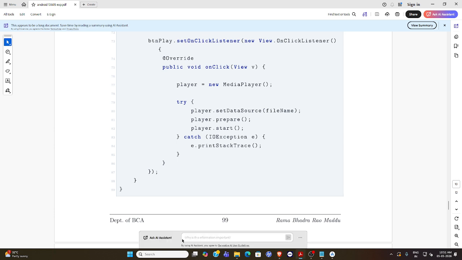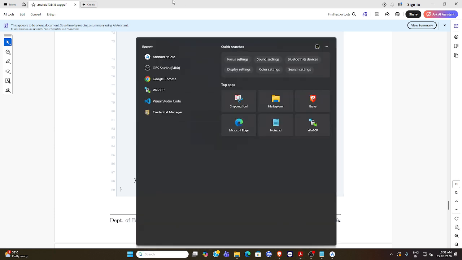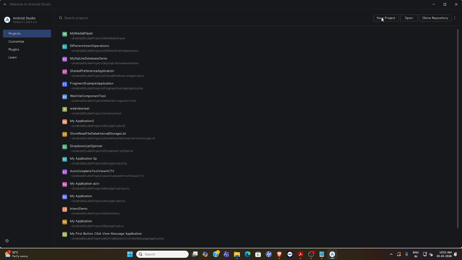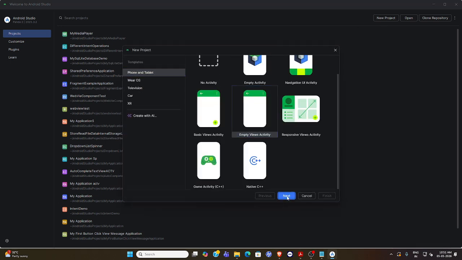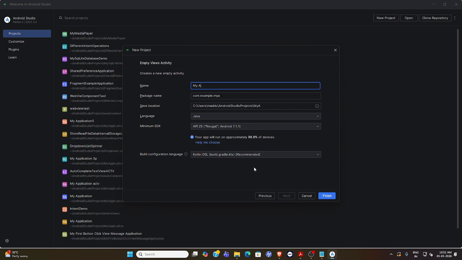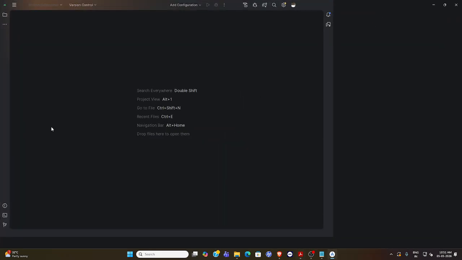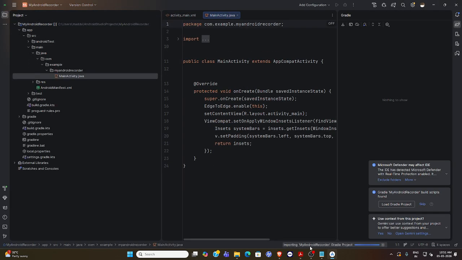Now we are going to create my recorder. So it is creating our program, and the bundle is preparing. Once the bundle is prepared,